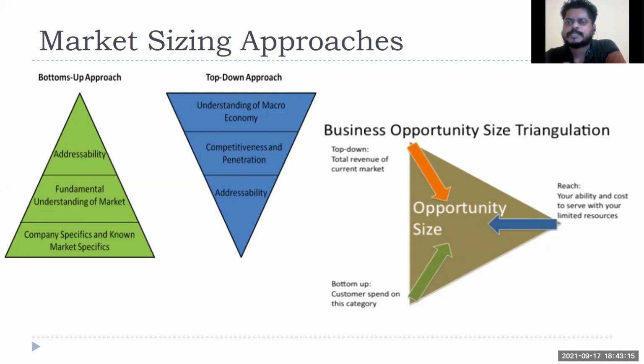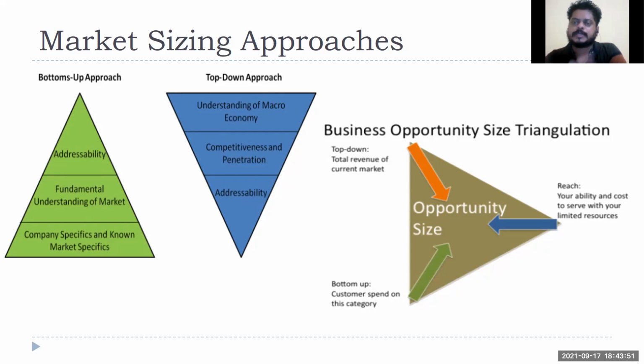I might have made a mistake in the top-down approach, because from that I just got a number of 50 lakh. But looking at all my competitors, who get a revenue of around 4 crore, if I am a market leader, at least I should get 20% or 25% of the market, right? So my expected market share should be around 80 lakhs to 1 crore, right? So one way you have got a calculation of 50 lakhs, the other way you are looking at 80 lakhs to 1 crore, right? So that will help you to keep a balance.